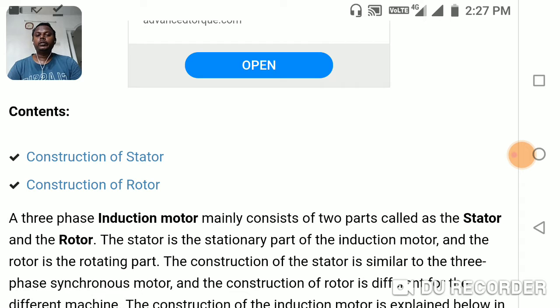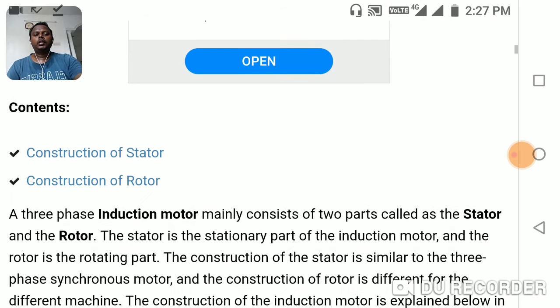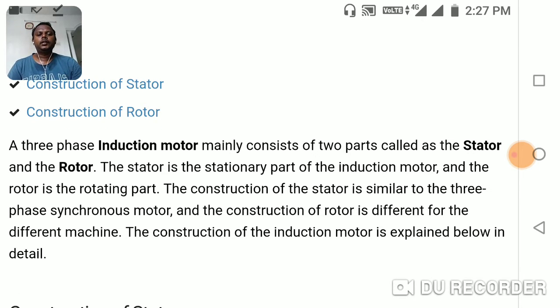and now we are going to see about the contents of the three-phase induction motor. The first thing is the stator and the second one is the rotor. As you know, the stator is the stationary part and the rotor is the rotating part. Now the construction of the stator is similar to the three-phase synchronous motor, and the construction of the rotor is different for different machines. So here what they're trying to say is the construction of the stator is similar to the